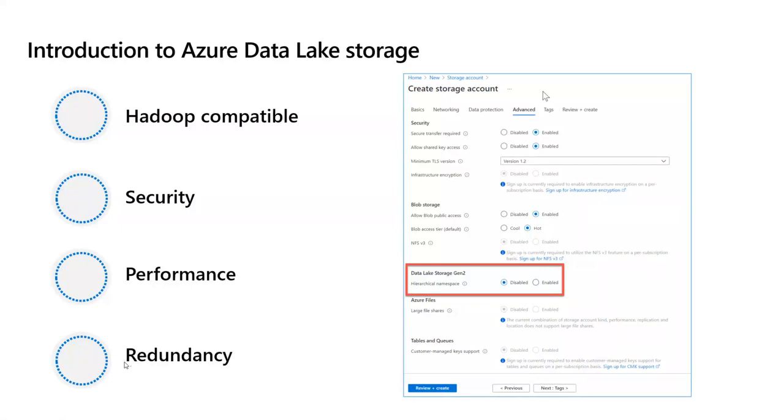If something happened to one data center or to the server where your data is, and you lost it, then it's a big concern. So your data always has to be redundant, meaning replicated in many other places.